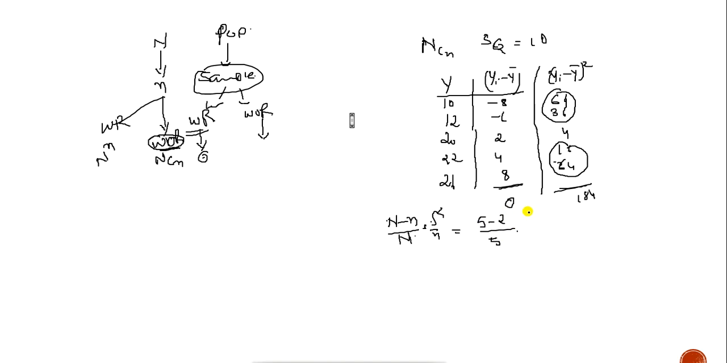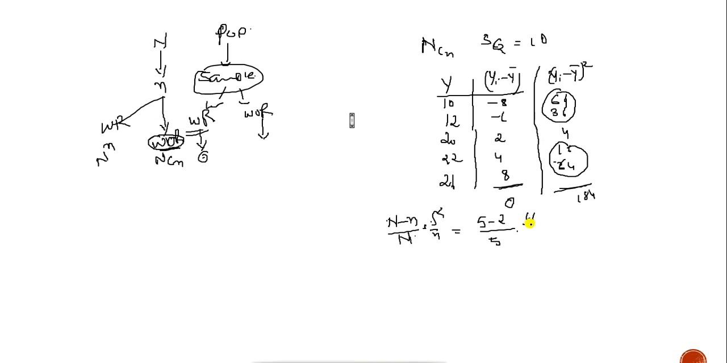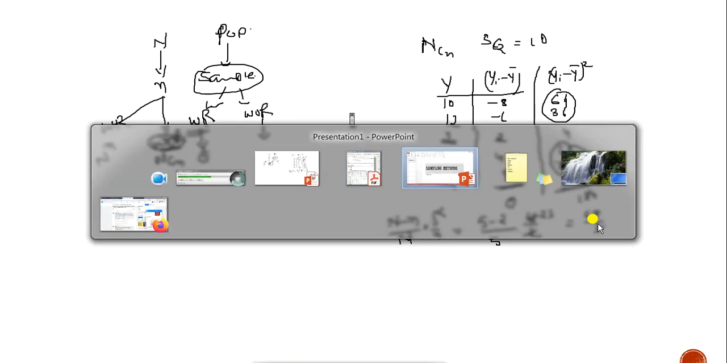Just we got the answer, what is it? 46. So S square is equal to 46 divided by 2. So this is 3, this is 5, this is 2. So this is 23, 23 3s are 69, divided by 5. So it should be 69 divided by the, sorry,